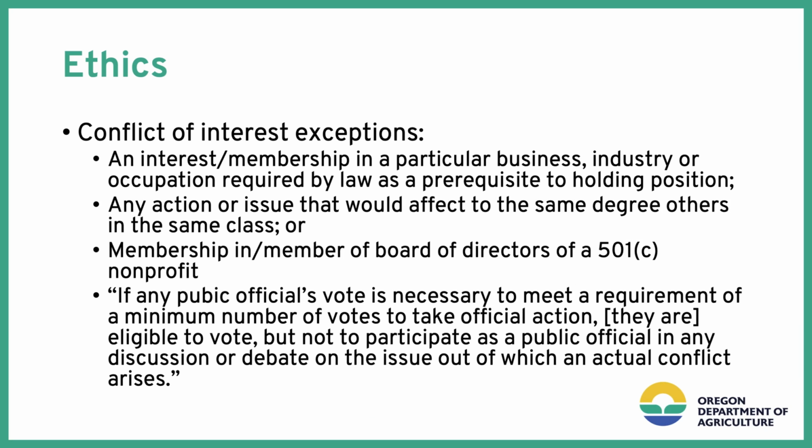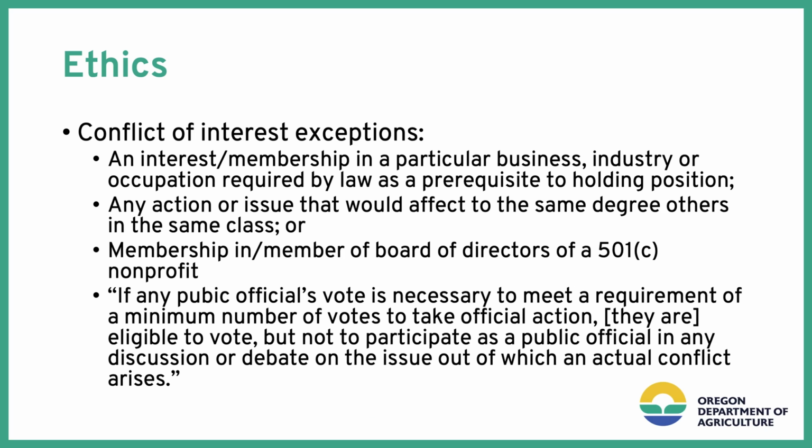A potential conflict of interest is when the action or decision might have a benefit or avoidance of detriment, or a detriment to someone, but you're not quite sure at that time. One example of that is if the board is approving a contract to go out to bid, and one of the board members knows they're going to bid on it, or a relative of theirs is going to bid on it,